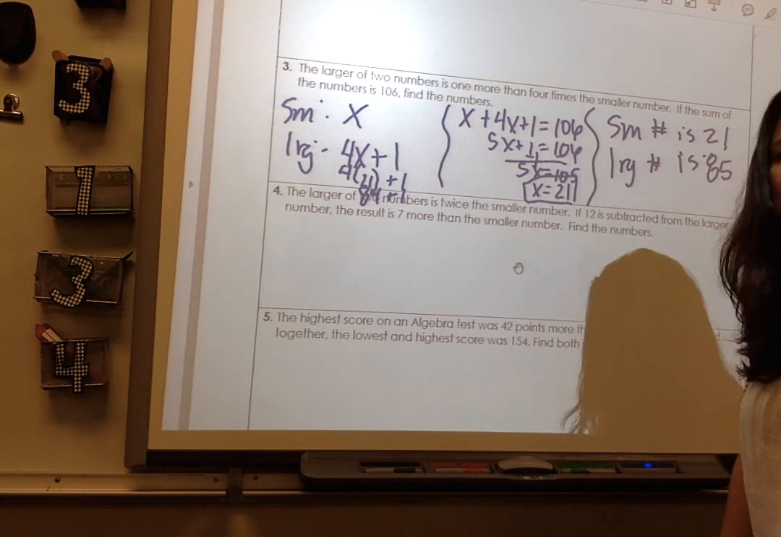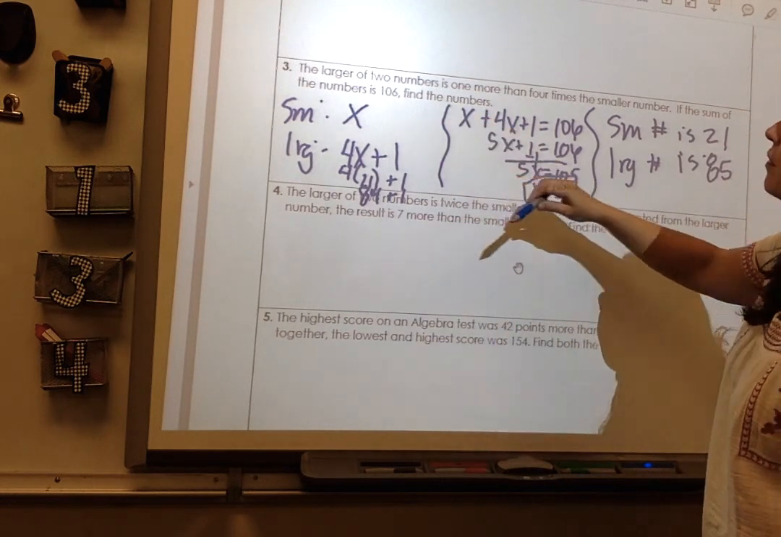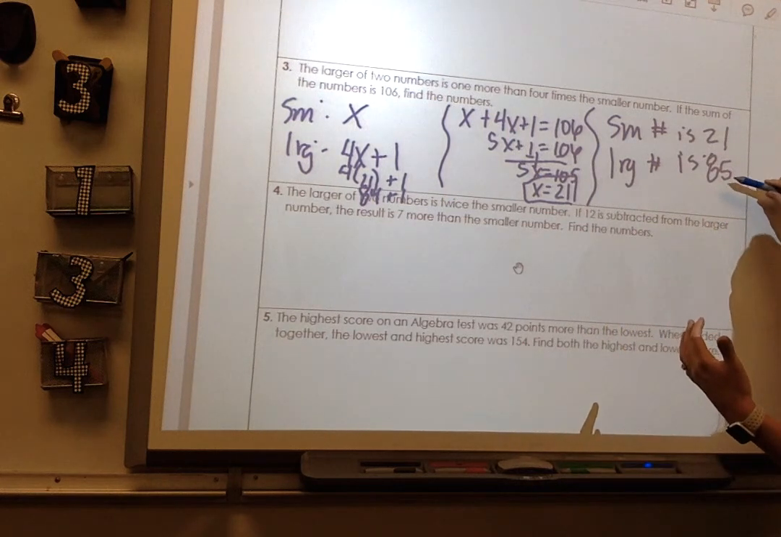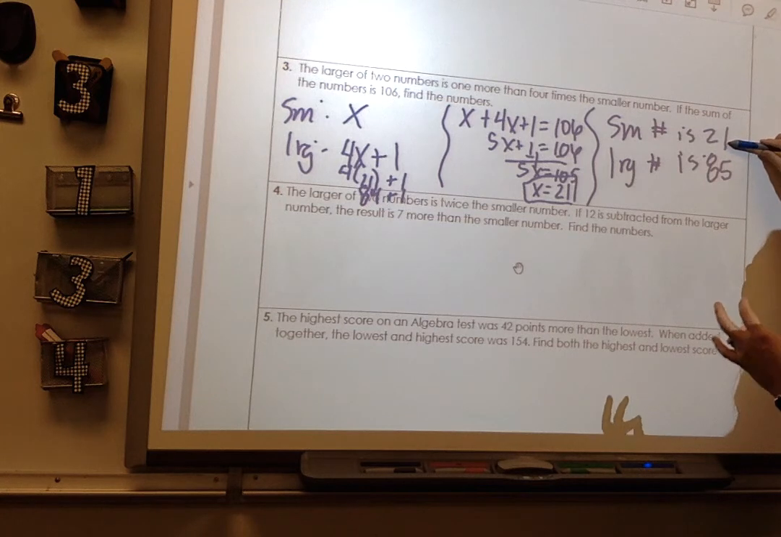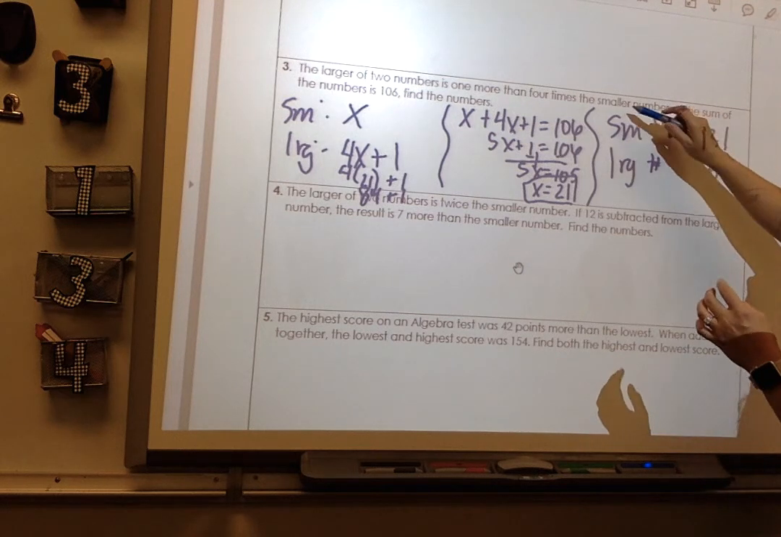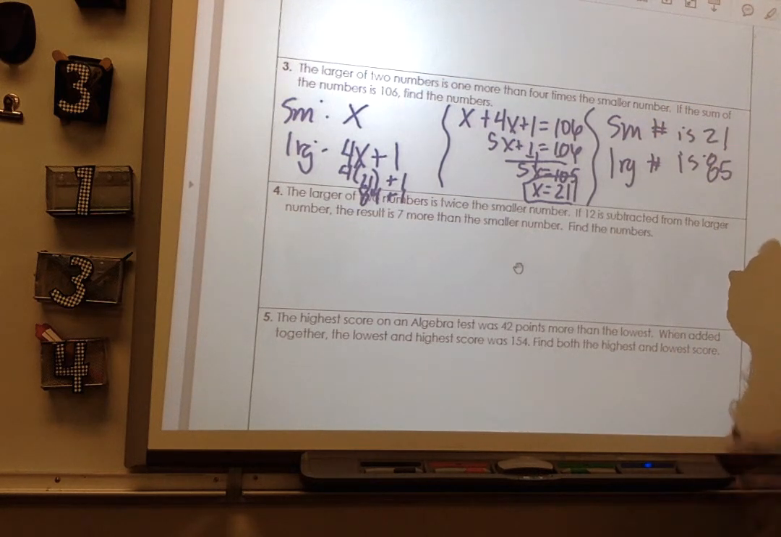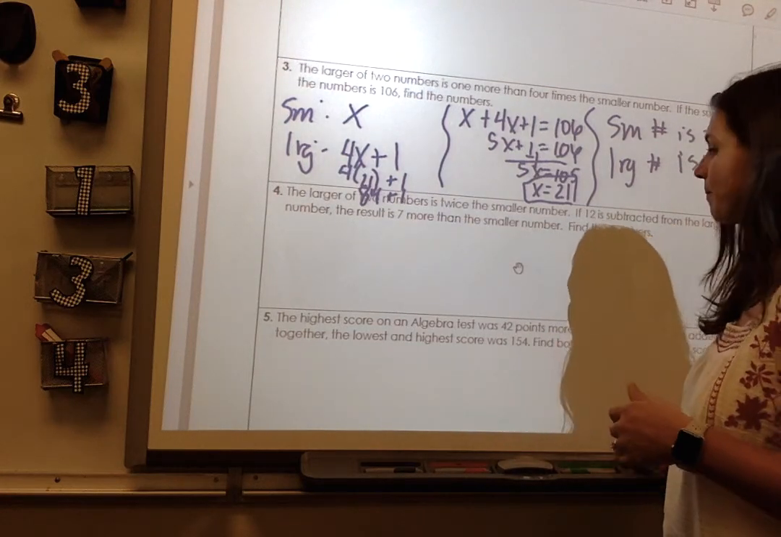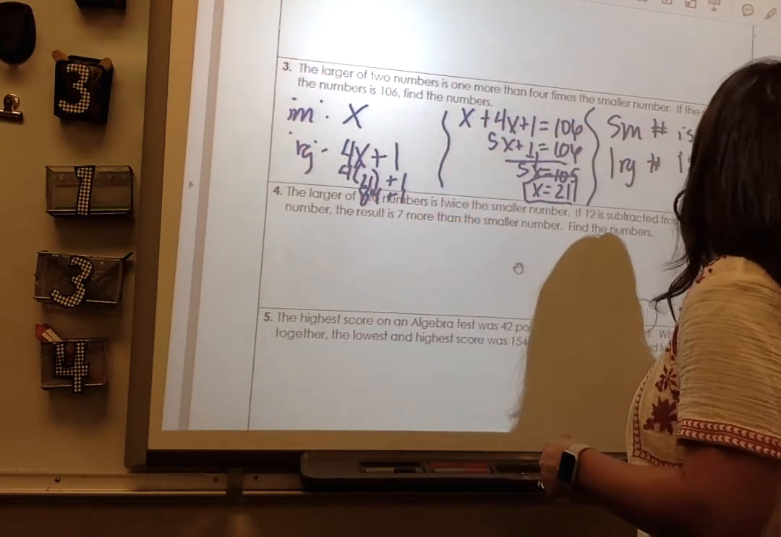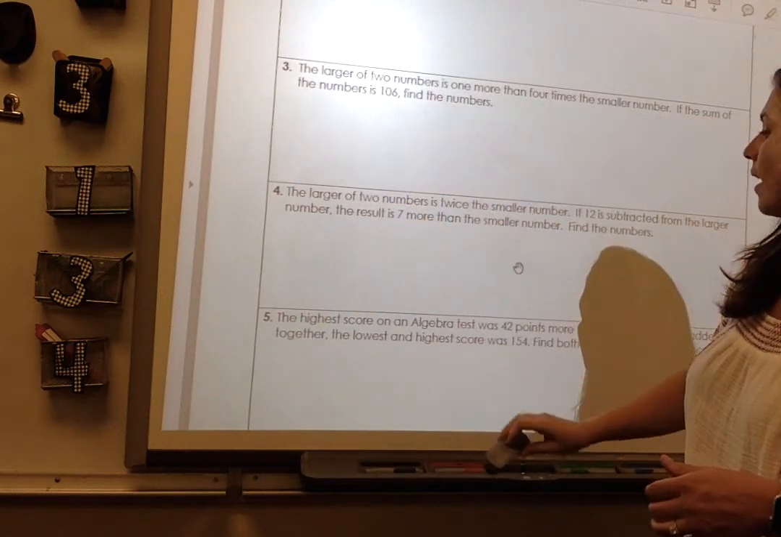And I can always check my answer here. I can see the larger is 4 more than twice the number. So if twice the number is 42 plus 4, 4 times 21 is 84 plus 1 of my smaller, and the sum is 106. It checks out, therefore it is correct. Okay? So let's look at